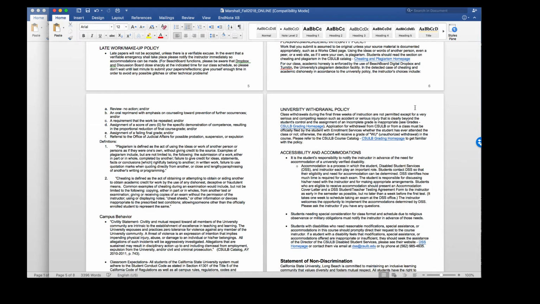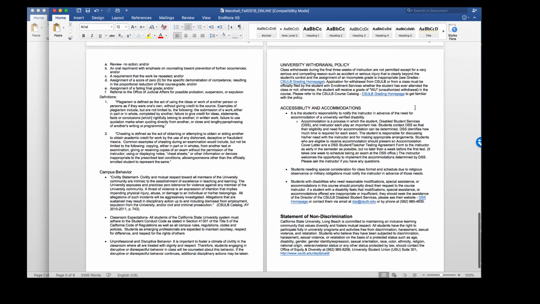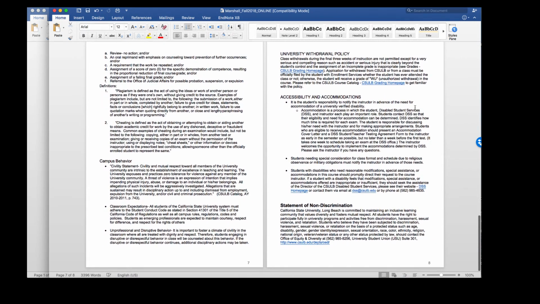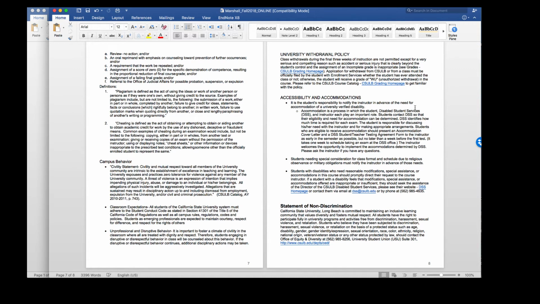So just read through this if you have more questions about plagiarism or cheating. If you have questions about how to cite things, talk to me. I understand that you might not know everything about APA citations at this point, so I'd rather hear from you ahead of time than have to talk to you about not citing your sources.